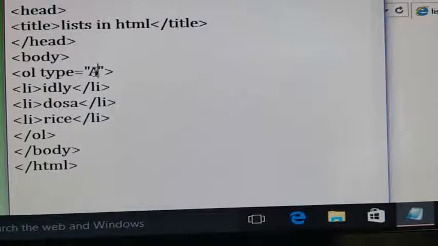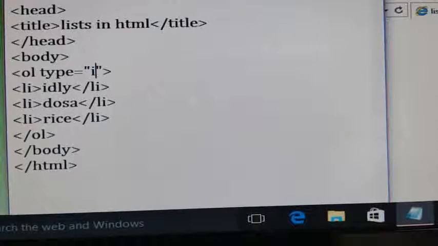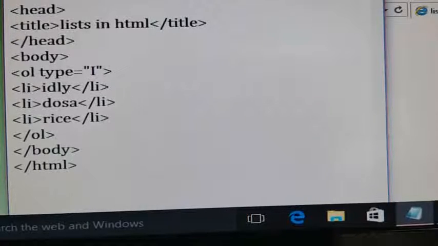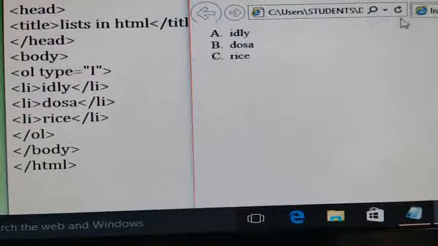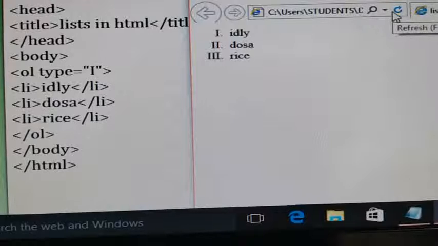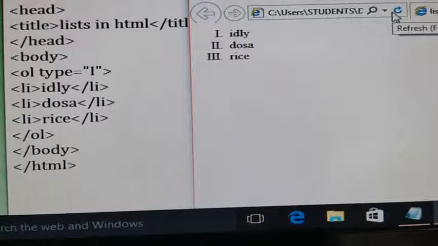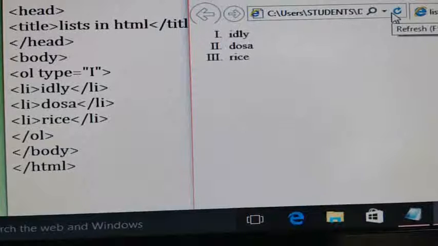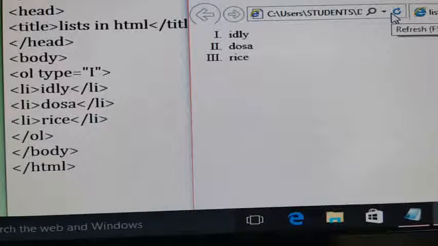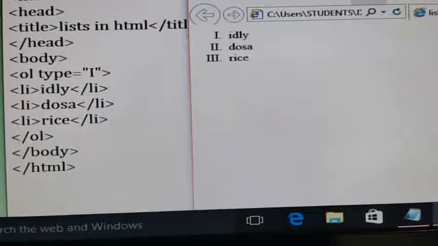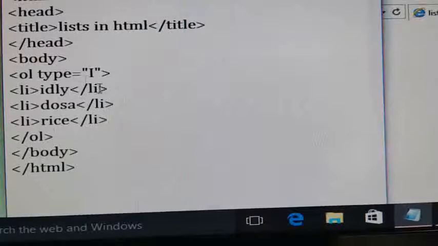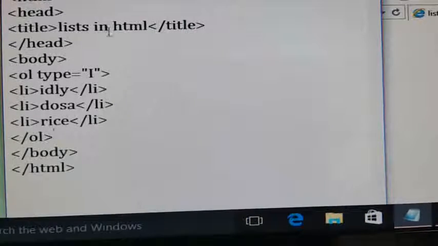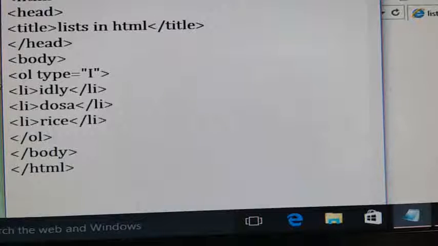Here again you can see I am giving a capital Roman. Save it. Come to browser window. Refresh this. See, just you need to give the first character of the sequence. The remaining items follow the same sequence. This is an ordered list. Now, if you want to give the definition list, the third list,